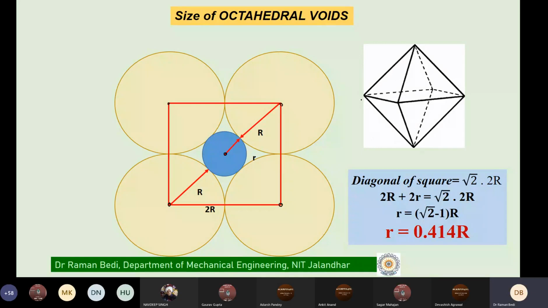For the time being, our main aim is to understand where they are located in the CCP or FCC structure. For the time being, we are saying that these 4 atoms are located in this particular plane. The plane I'm referring to is this one, which I'm showing in the octahedron here. The 4 atoms are located at the 4 corners in these 3 dimensions, and I'm looking at it from the top. So when I look at it from the top, this is the view from the top here.